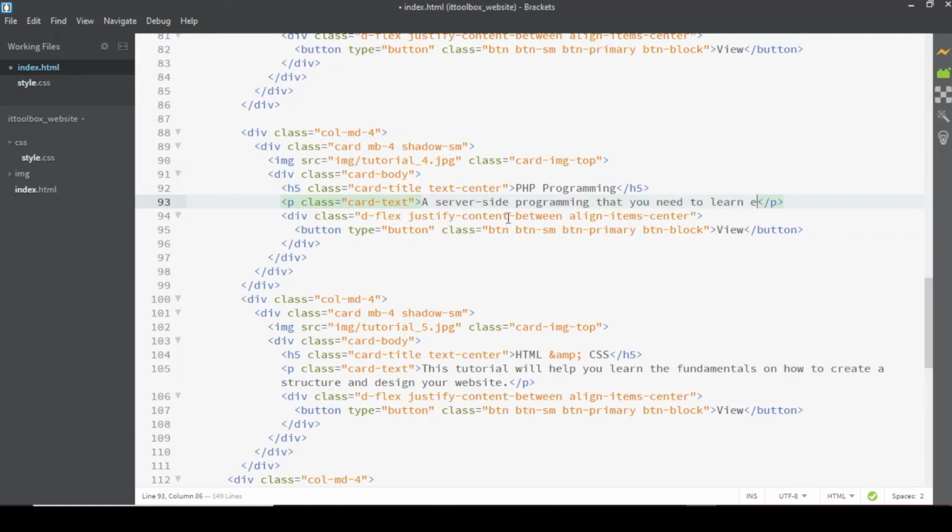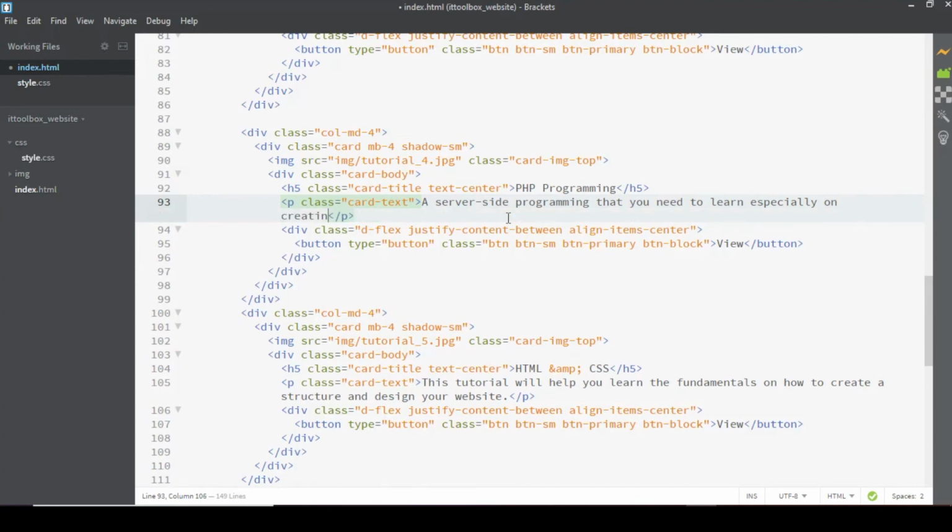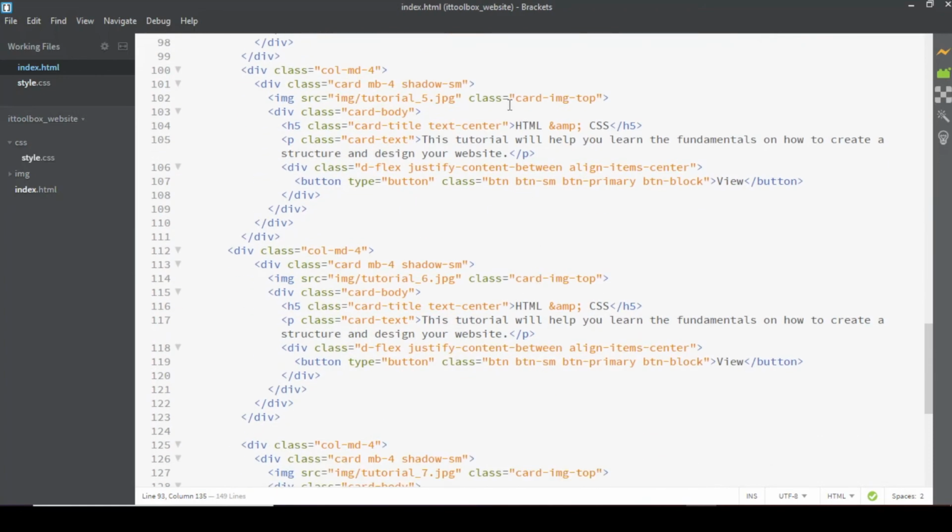That you need to learn, especially on creating web apps and other systems. Save it. For the fifth card, let's change the title into